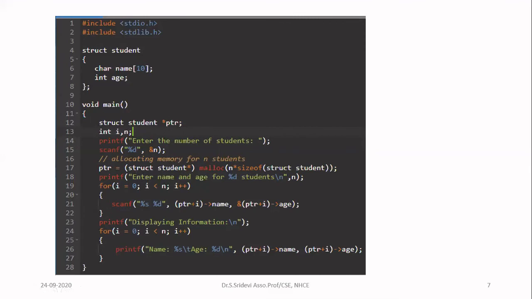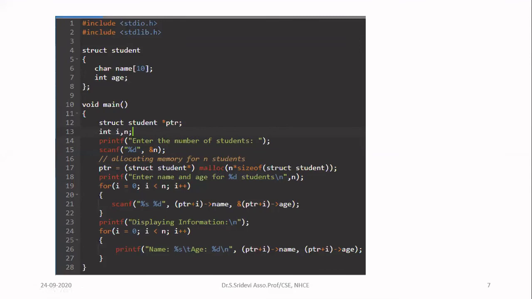70 memory locations are allocated. It will return the starting address. That starting address you are going to store in the pointer PTR. Okay. Up to this, is this clear, students? This is the important thing you have to concentrate: how to allocate the memory using malloc. I have used malloc. Whatever memory I have allocated, they will contain garbage value.